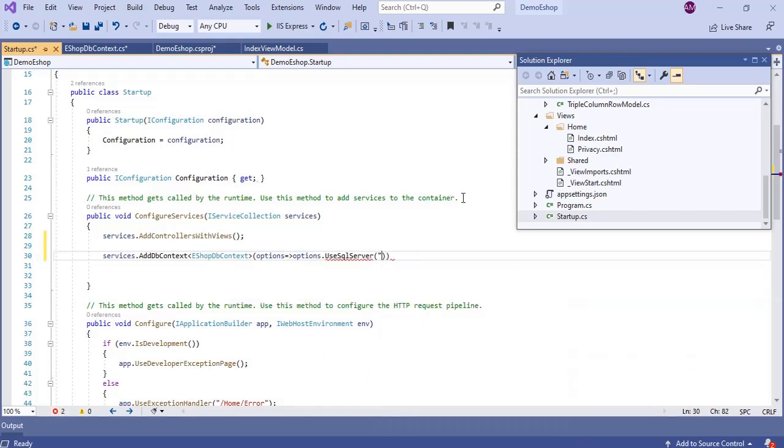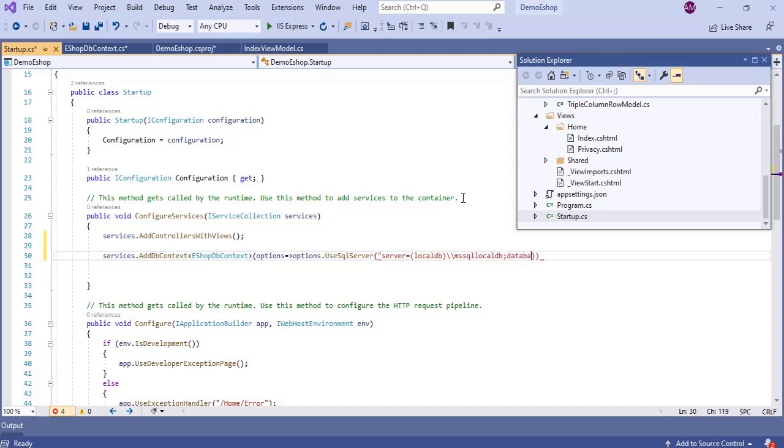So we'll enter the connection string. Server is local DB. This local DB is the SQL Server instance created by Visual Studio. When you install Visual Studio, it automatically creates a SQL Server instance called local DB. We'll use this for development, though I have a proper SQL Server on my machine. Local DB MS SQL local DB.